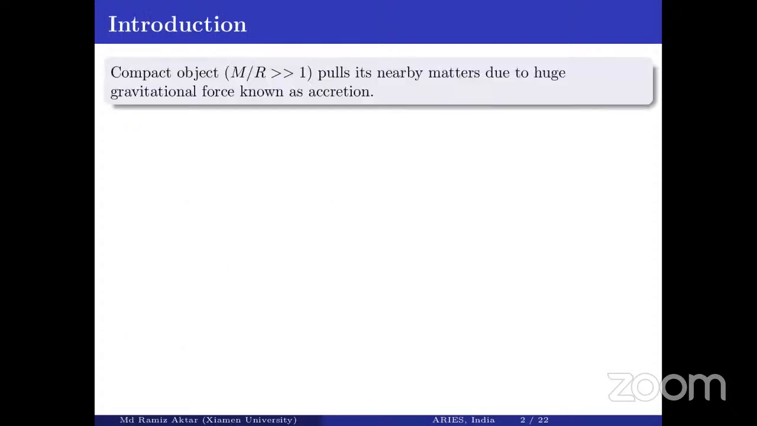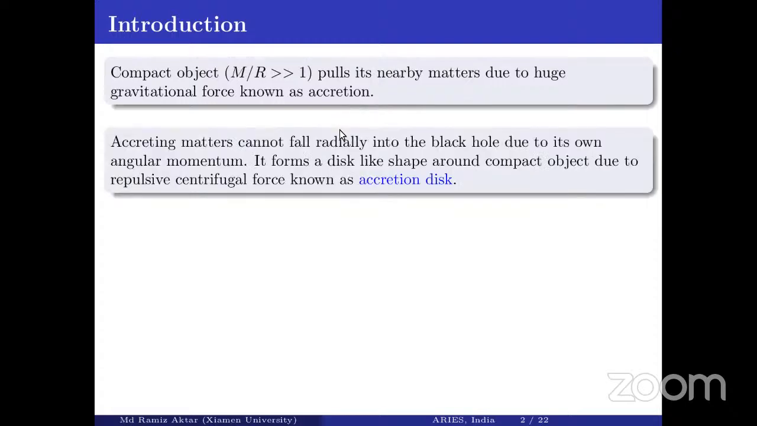As we know, compact objects are objects in which the mass to size ratio is much greater than unity. That means a compact object is a highly gravitational system. It can pull its nearby matter due to this huge gravitational force, and this process is known as accretion. And as we know, in the universe no matter is static, so due to this accretion process, the accreting matter also has some